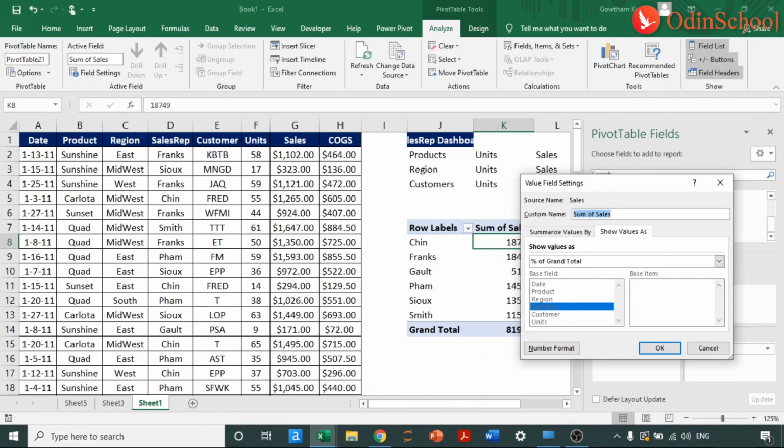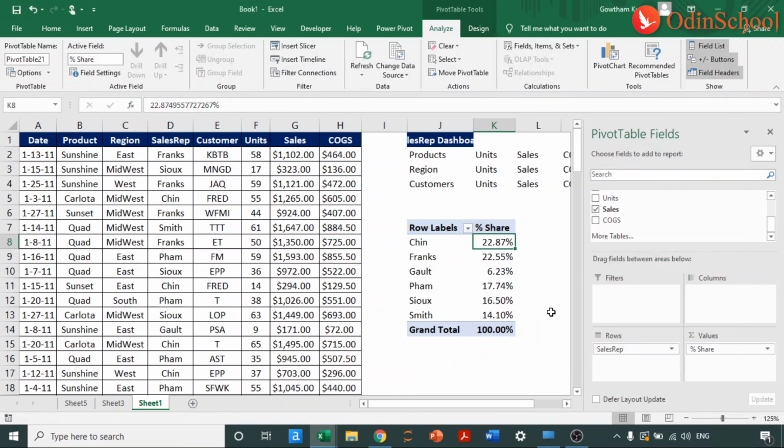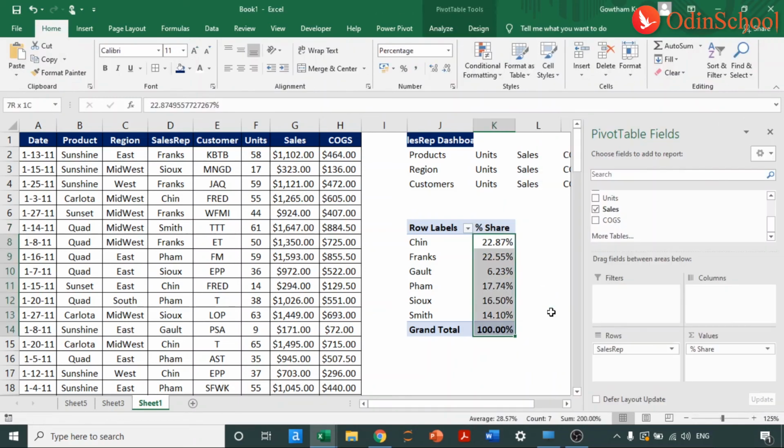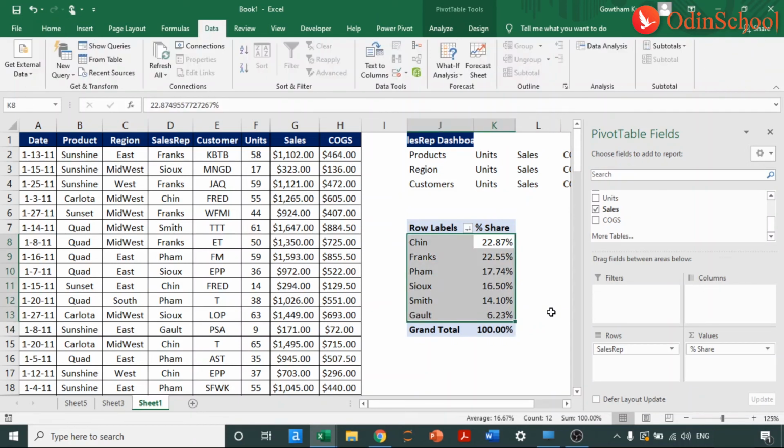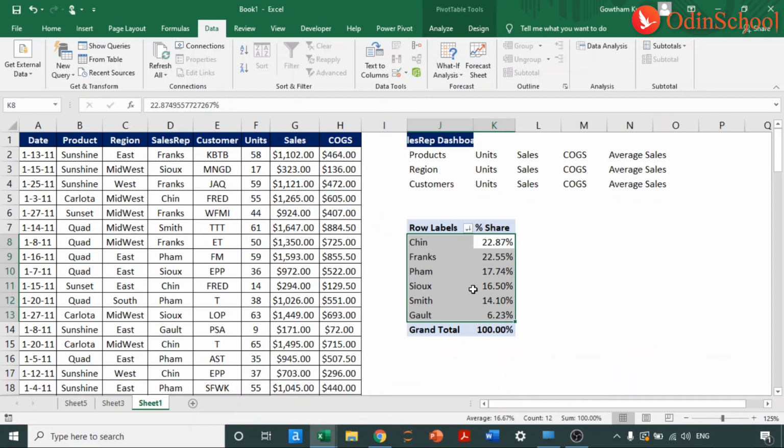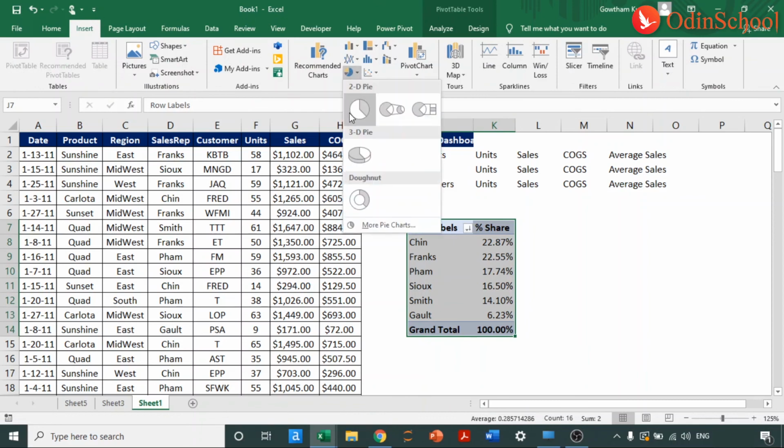We can do several other options also, but I'm choosing percentage of grand total. I will simply change this into percentage share. Look at this. Now the highest contributor is basically Chin, and let's sort the data in descending order, and then we will see who has contributed the most and who has contributed the least. Looks like Chin has contributed the most and Gold has contributed the least. Now in this case, what we can do is we can go to Insert,